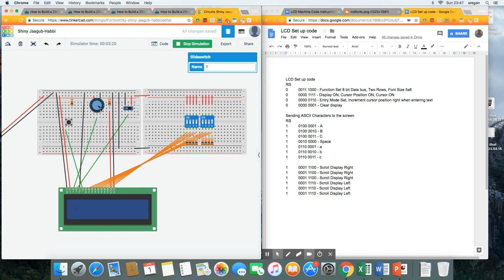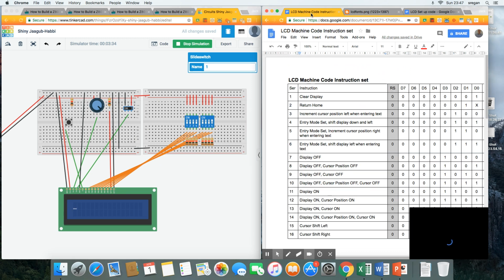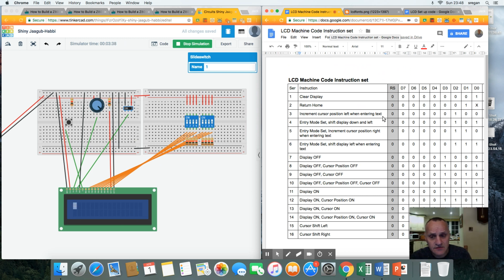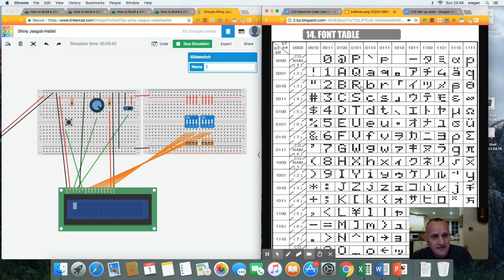Okay, let's have a look and turn the potentiometer around. You can see the actual cursor flashing there. I'll just flash it bright so you can see it. So we're all set up now. So now what we have to do is choose the instructions, and we'll come back to this table here to show you how this works. We're going to choose the instructions we want to send to the screen. So we want to send the